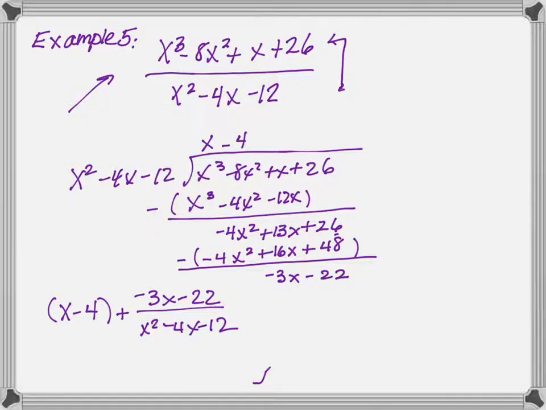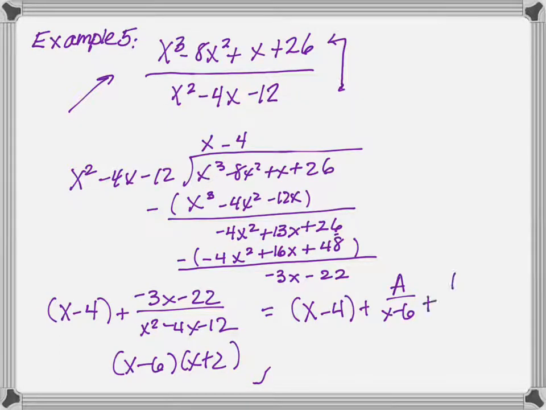Okay, so that would be, let's factor this bottom: x minus 6 times x plus 2. So we would get x minus 4, and then plus a over x minus 6 plus b over x plus 2. So let's carry that over to the next slide. I had x minus 4 plus a over x minus 6 plus b over x plus 2. And we had that had to equal,